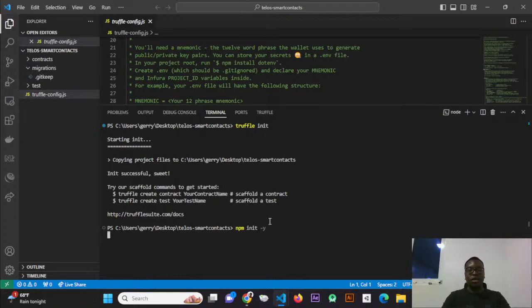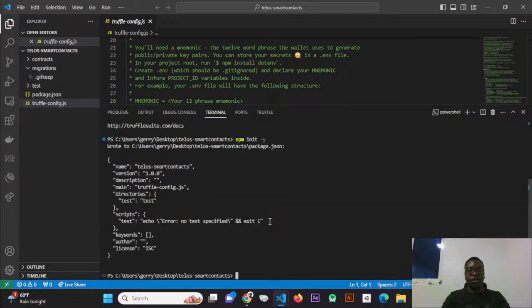Once I do that, you'll find that it creates an npm project with the same name as the folder, which is Telos smart contracts. This is the version, the main file being the truffle config.js and the likes. The reason for this is because I want to be installing the Open Zeppelin smart contracts, as well as any other packages that we're going to be needing for this particular session. So the next thing I'm going to do is install the packages for the Open Zeppelin contract. I'll just do npm install